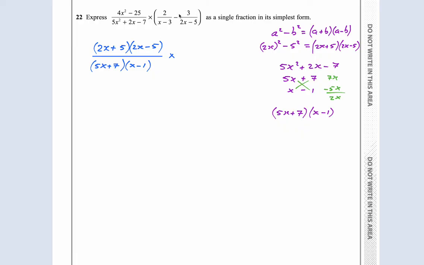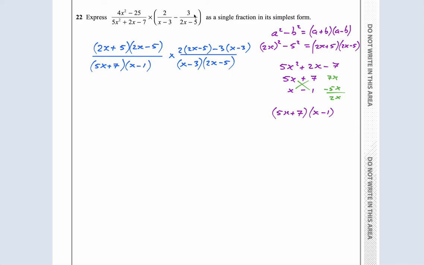I need to make this into a single fraction, guys. I'm not gonna lie, this is really difficult, so don't panic if you can't do this. This is an algebraic fraction. What I'm doing is getting a common denominator, which I get from doing this times this, and then I have to do 2 times 2x minus 5 minus 3 times x minus 3. This is how I add two fractions. I get a common denominator, and then I get equivalent fractions, which is this times this and this times this. Okay, then